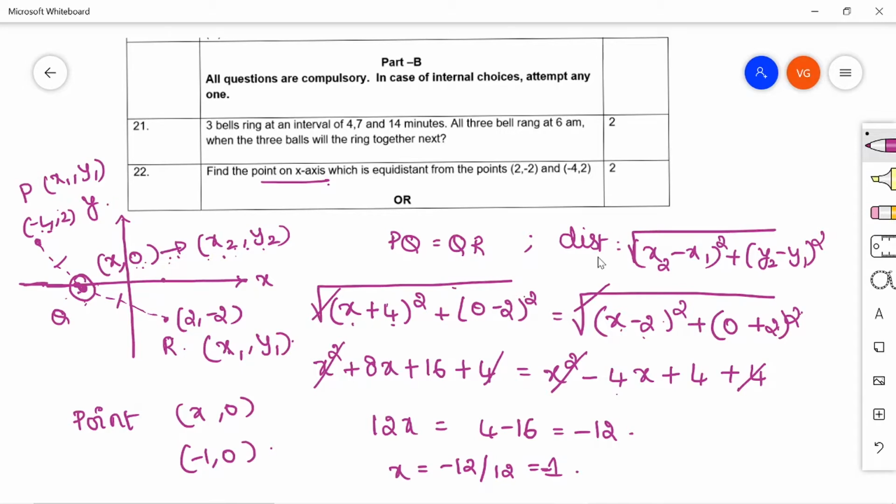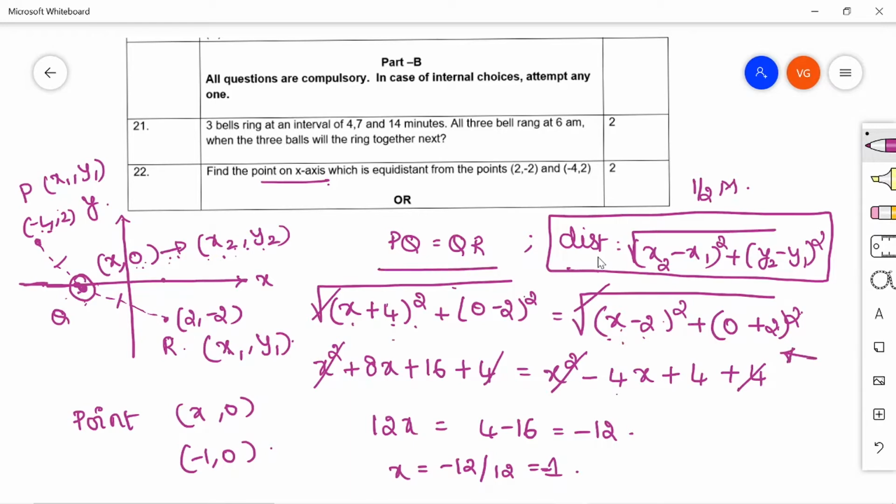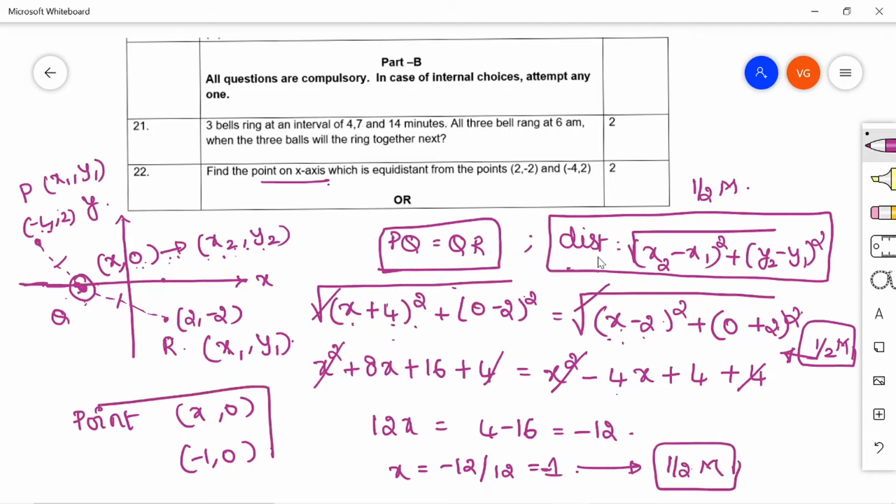It's simple. Now coming to the marking criteria. Once if you write down the formula here, you will get half mark. This substitution of the 2 points and equating here, equating and substitution, you'll get another half mark. Calculation, finding the value of x, you will get another half mark here. And then writing the final answer clearly, you will get another half mark. So don't leave after finding the x here. Try to write down the point here is (-1, 0). So for this again you will get another half mark.